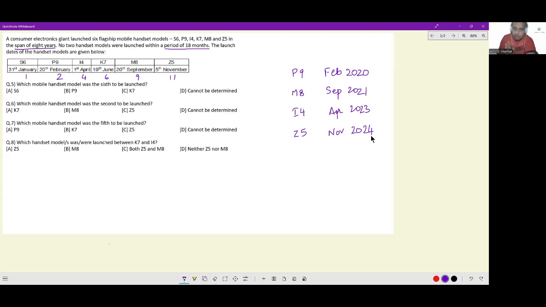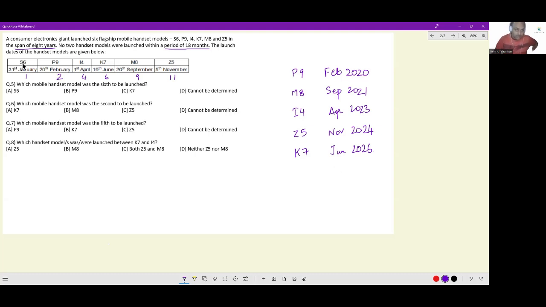Earliest we can have it is May 2026. May is not available, but K7 19th June is available. So K7, so 19th June of, I'm simply going June 2026. This is fine. If you've done something in June 2026, 18 months later would be December 2027, but December